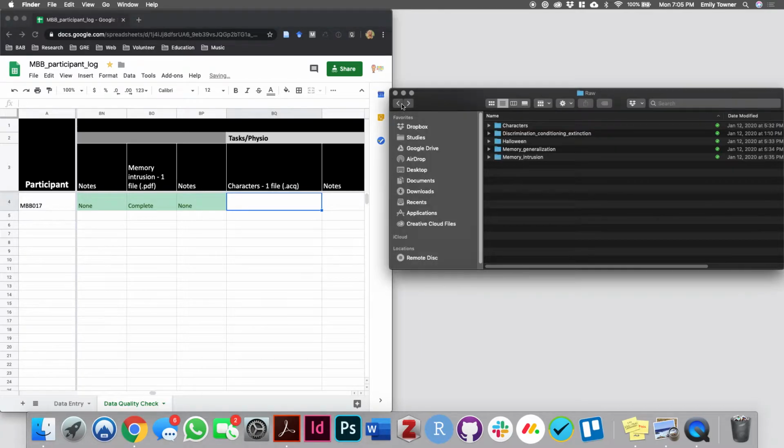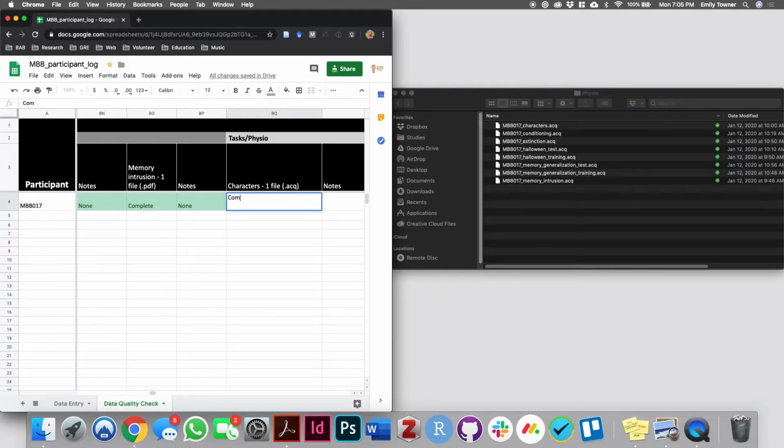Then I'm going to make sure that all the physiology data is there. So I'm going to click into Physio, and I'm going to make sure there's a characters file, conditioning file, an extinction file, a Halloween test file, training, generalization,